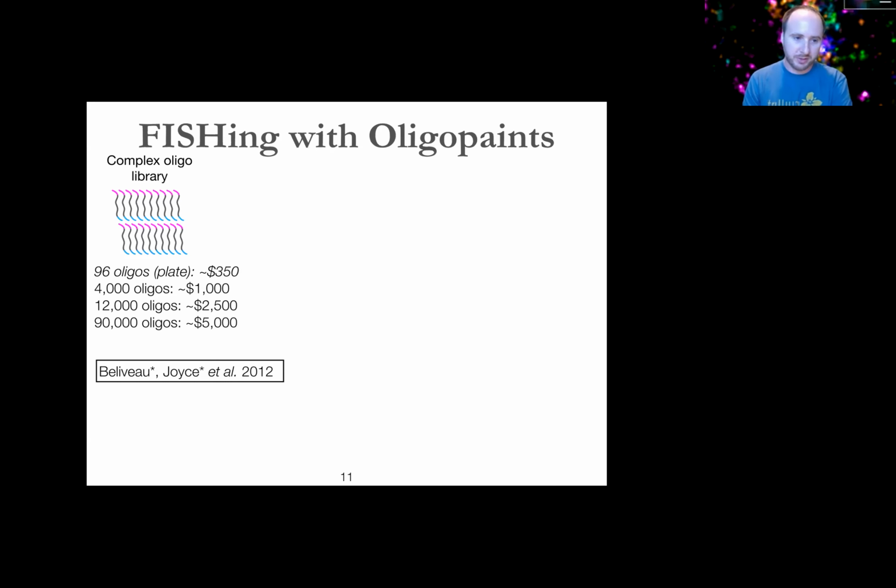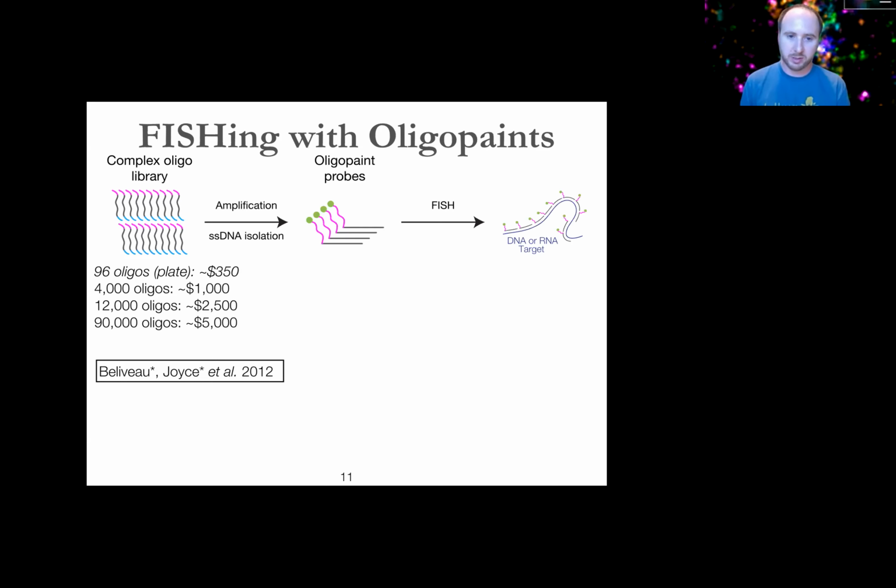The fundamental difference between the 96 plate oligo that I have italicized and all the other ones here is that the amount of material you're getting from these array synthesis products that are cleaved into solution is very, very low. So you're getting less than like attomoles or something like that per species. So in order to be able to turn that into enough usable material to actually do an experiment on a TC sample or a tissue section, you need to do some molecular biology.